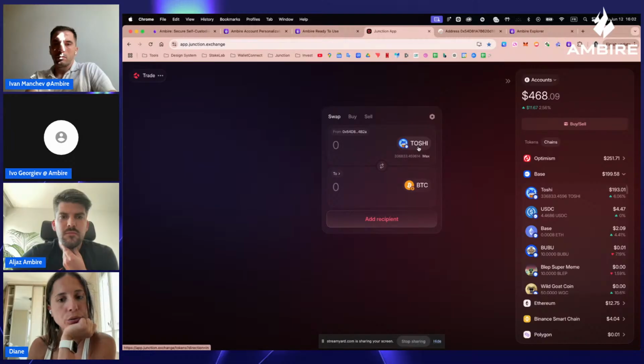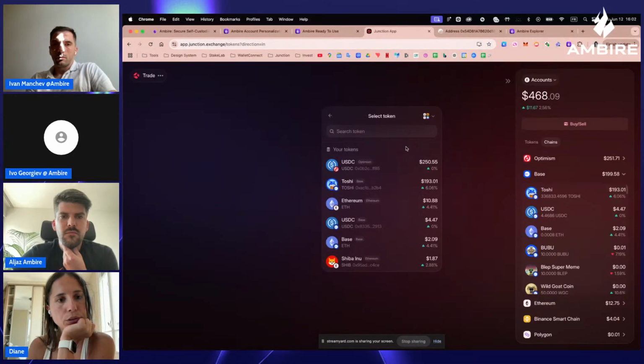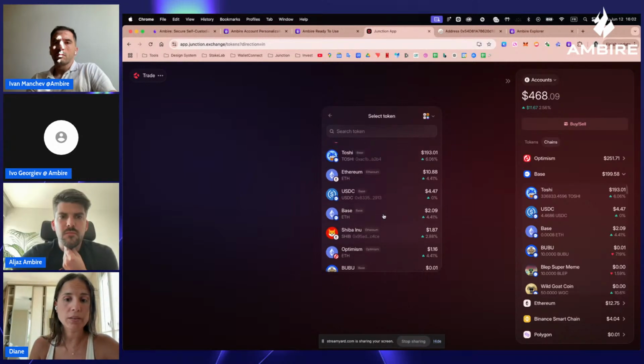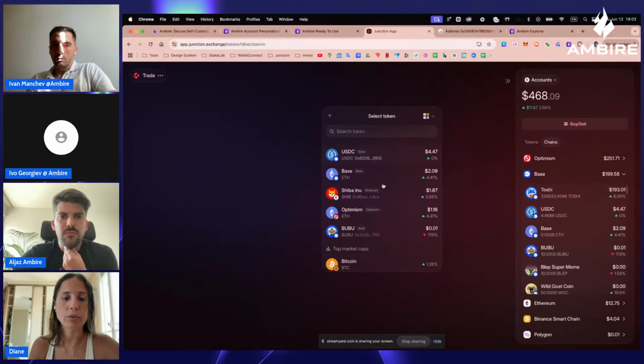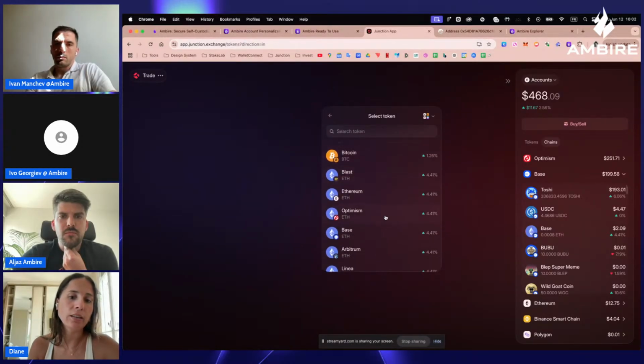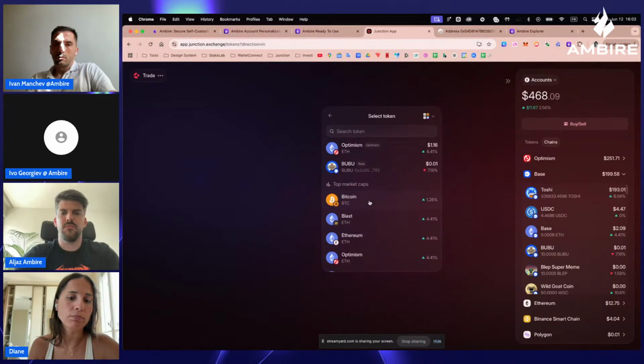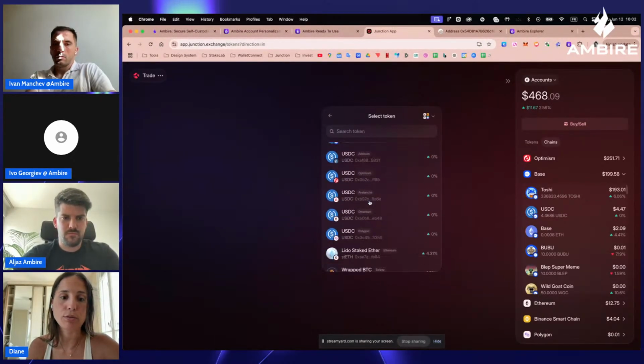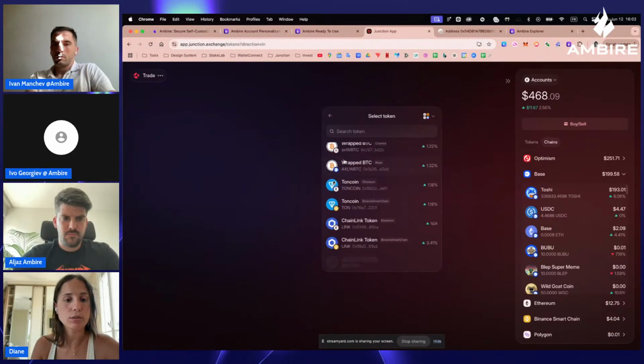So you see, I can click on swap my Toshi. I can also see all my tokens. Select other ones. So the first ones are the ones I have. The next ones are all the tokens that exist actually. We try to support all the chains and all the tokens.